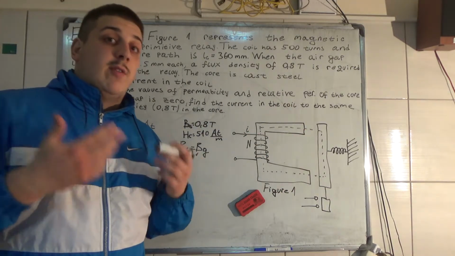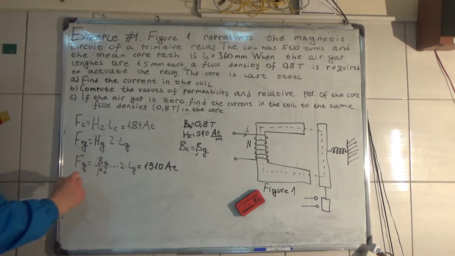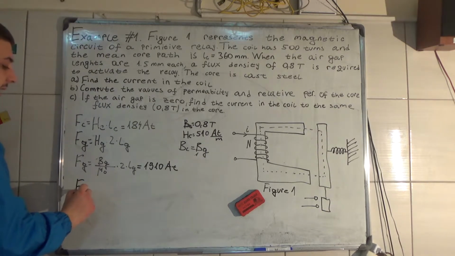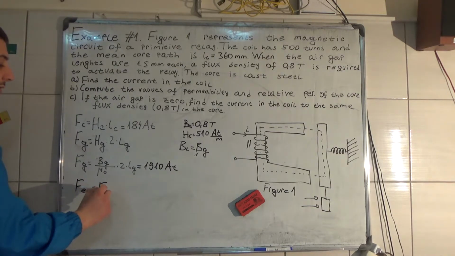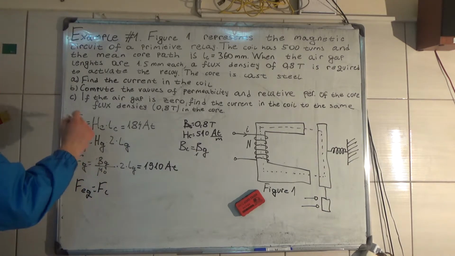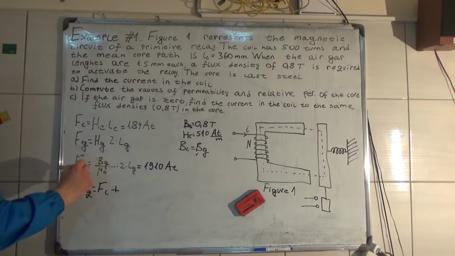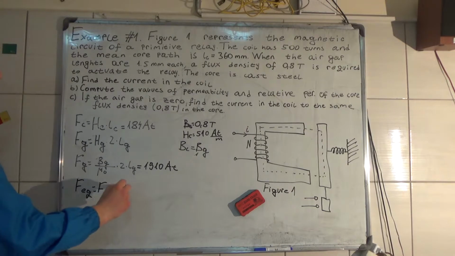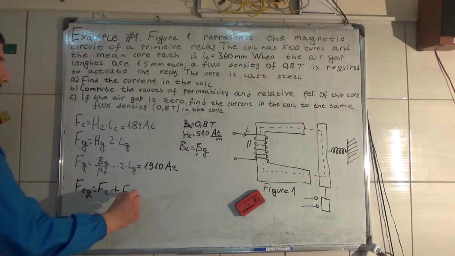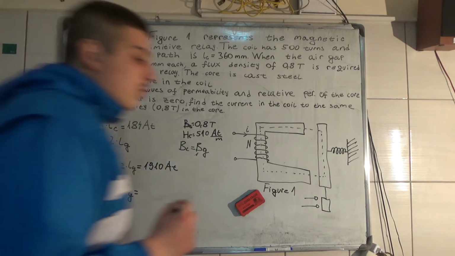So the equivalent magnetomotive force we need is equal to the sum of the magnetomotive force of the core plus the magnetomotive force of the air gap, and you get